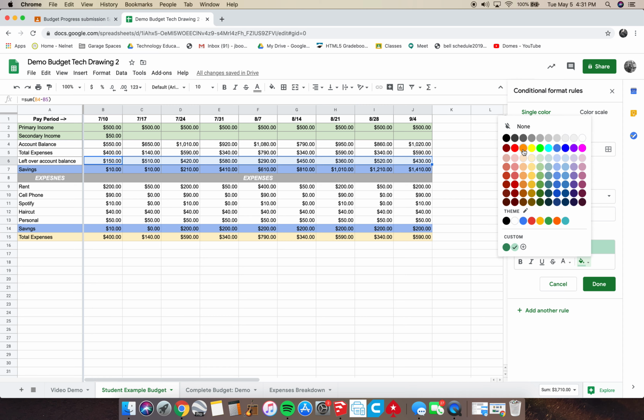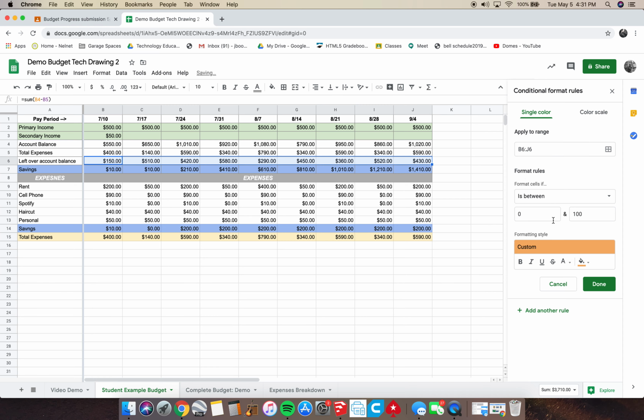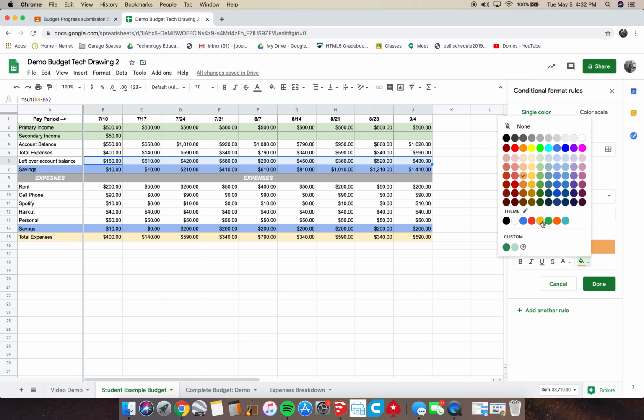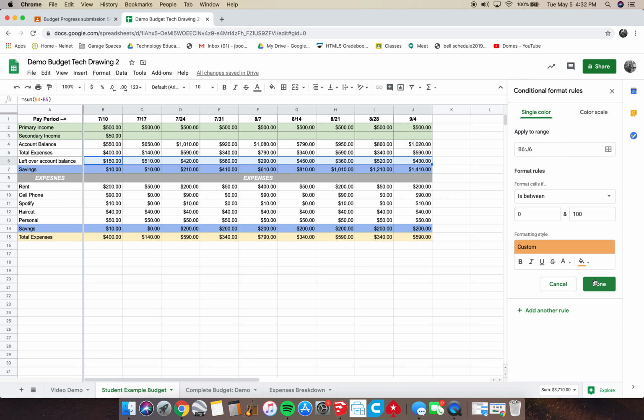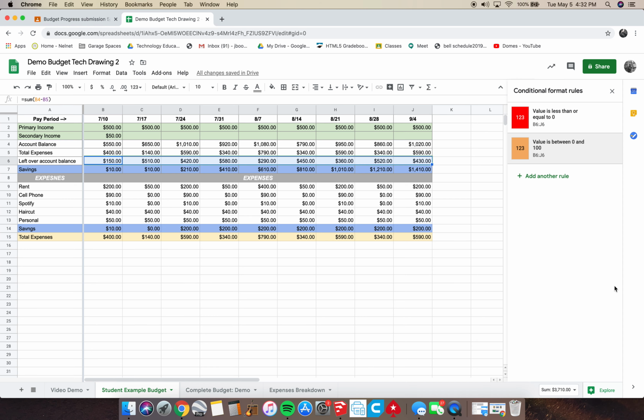then we want to change this to something that isn't as crazy bright as the red. I'm going to do like this orange maybe. Yeah, that orange looks good. Okay, and I think I can leave the black. It actually shows you right here the color and what the text would look like. So if I do that, it becomes bold right here in the example. So I'm going to leave it just like this. That looks good. So I hit done, and then I'm going to add one more rule,